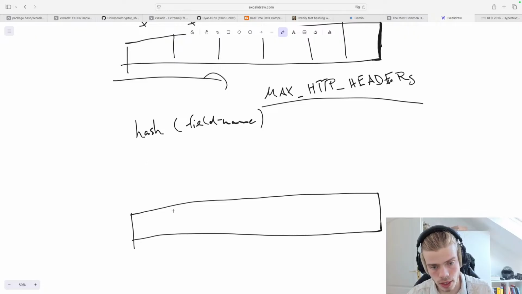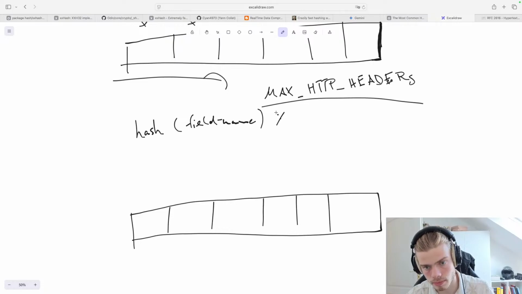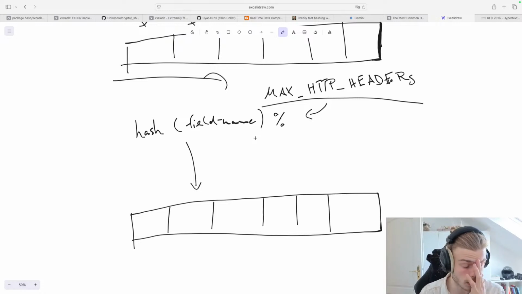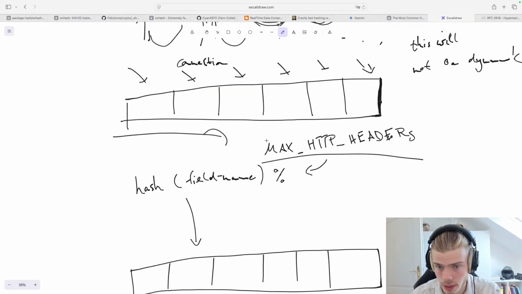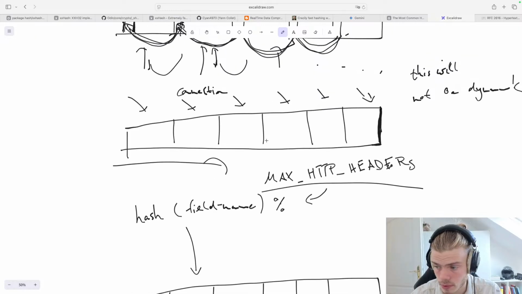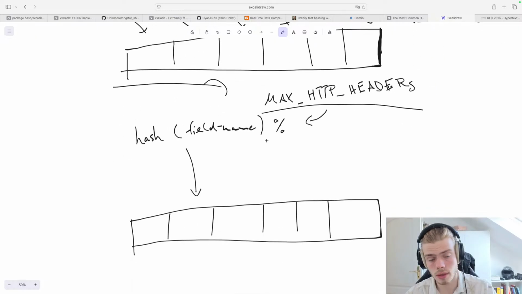And then use the hash to index this array. So this would be mod this, and then we use the hash to index the array for both the insert and the get operation. And obviously, this here